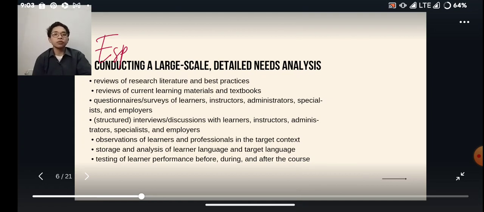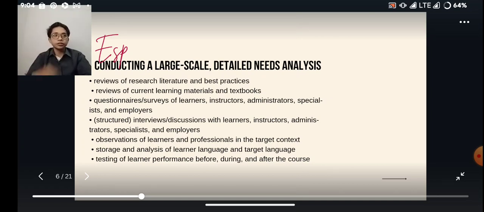What we are trying to do in a needs analysis is to establish the diagnostic, discrepancy, democratic and analytic views on needs from as many of the different stakeholders as possible. Some of these needs will be objective and others subjective. A full-scale detailed needs analysis is usually very broad in scope and involves many different data collection